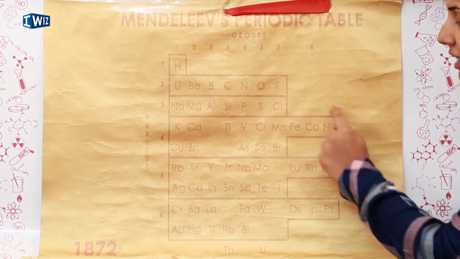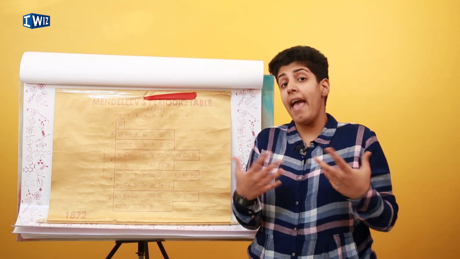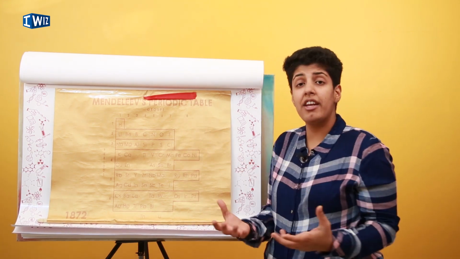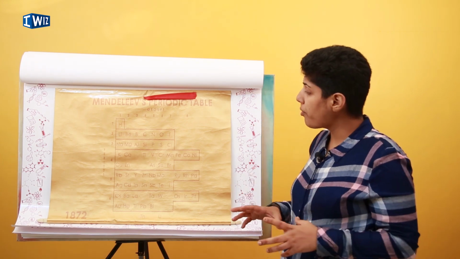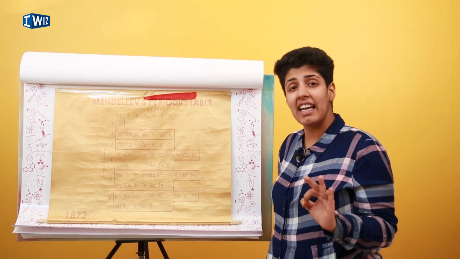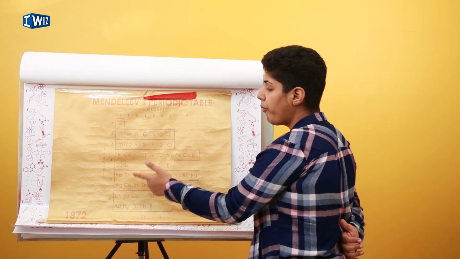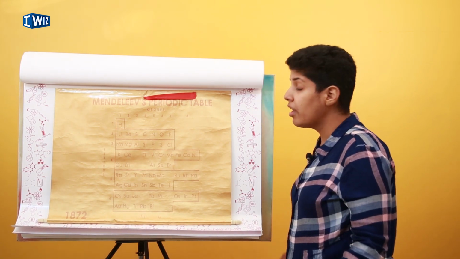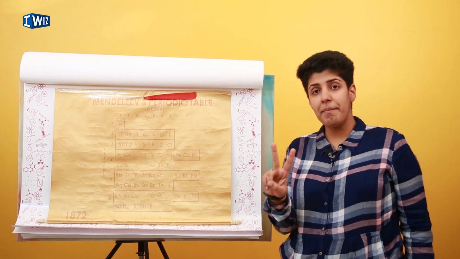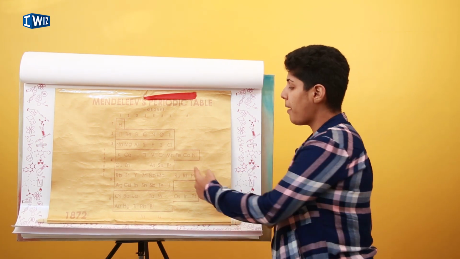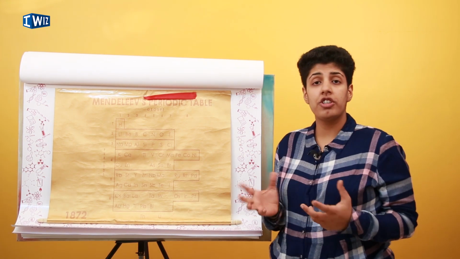Over here, we have cobalt and nickel. Cobalt was actually heavier than nickel, but he switched them because the properties made a lot more sense. So he stuck to the properties. He kept gaps in his periodic table, and it exactly lined up with his predictions of what the elements would be like. So that was the genius of Mendeleev's periodic table. But like we discussed, there were 2 limitations. 1, he could not fit in isotopes. 2, the mass numbers were not always in order.